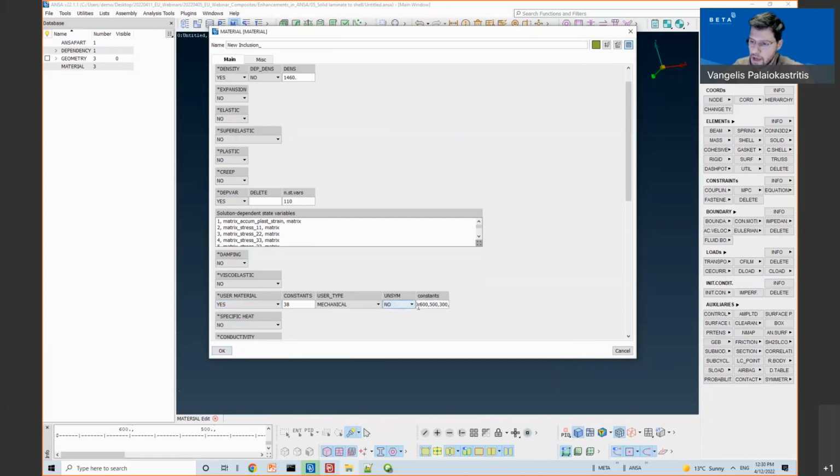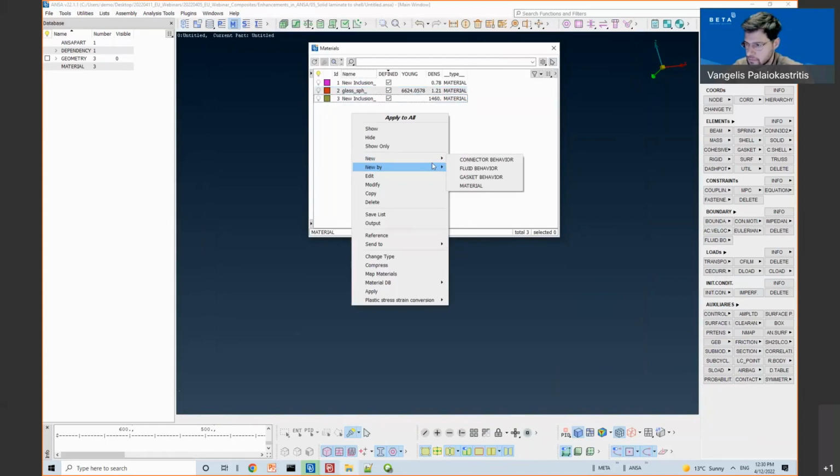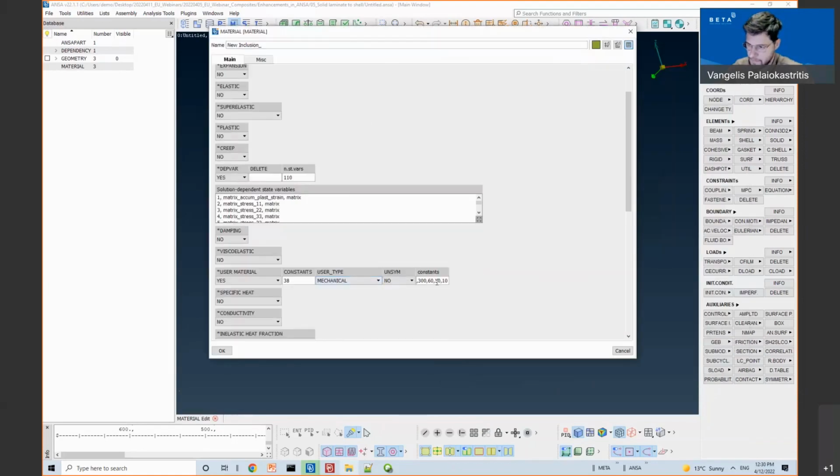So all the settings about the material model that is selected, the matrix properties, and the inclusion properties are given in a specific format that is created by pressing the Make UMAT button.